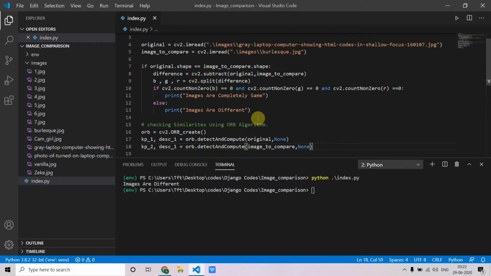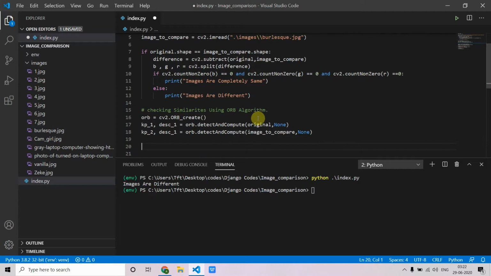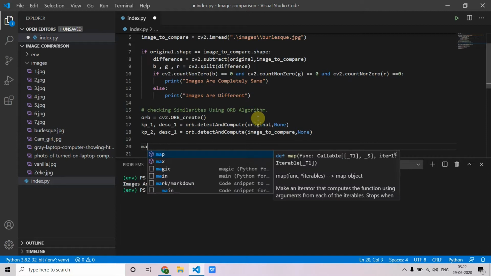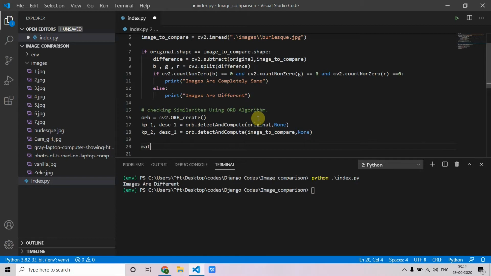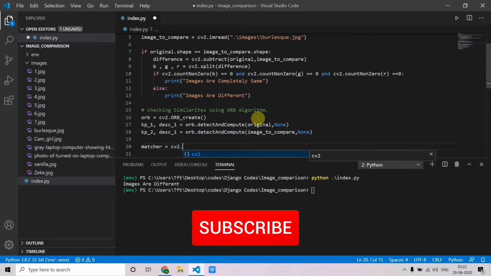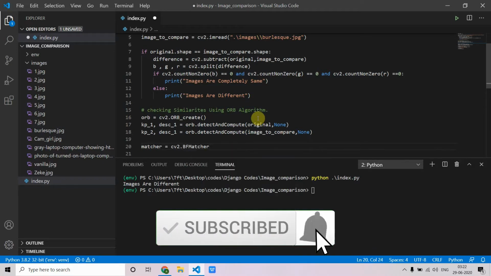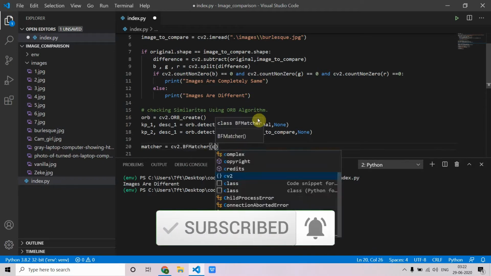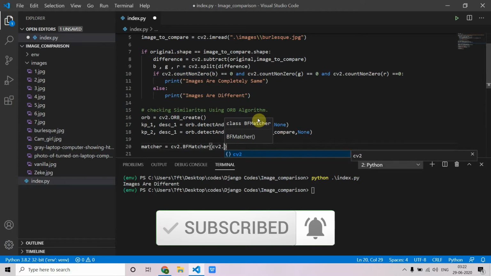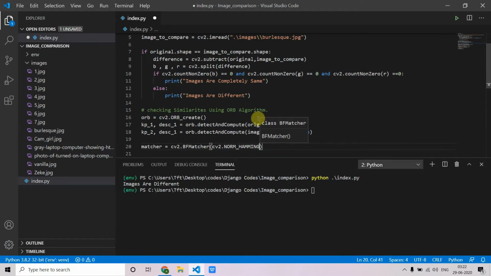Then we have to find a match between the key points. So we are going to instantiate a matcher, which is equal to cv2.BFMatcher and cv2.NORM_HAMMING.